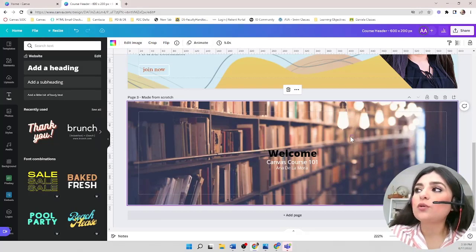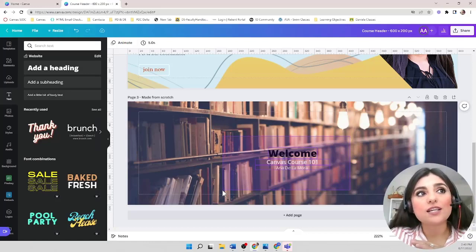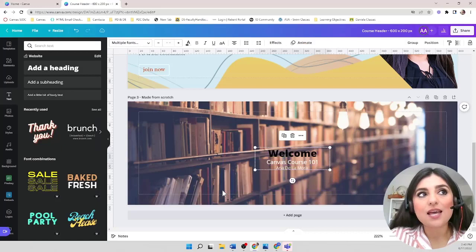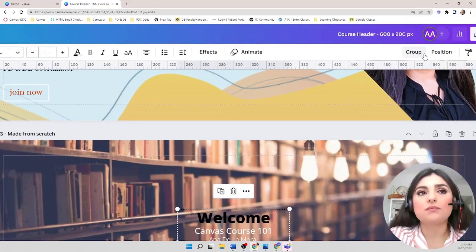To do so, you're going to left click on the canvas, click anywhere on the canvas. You'll notice this purple array. It's kind of faded purple, but it's highlighting all three text boxes. Once you've seen all three text boxes highlighted, let go of the mouse. You'll see now a white box outlining your text. When you see that, in your editor on the top right corner, you're going to click the